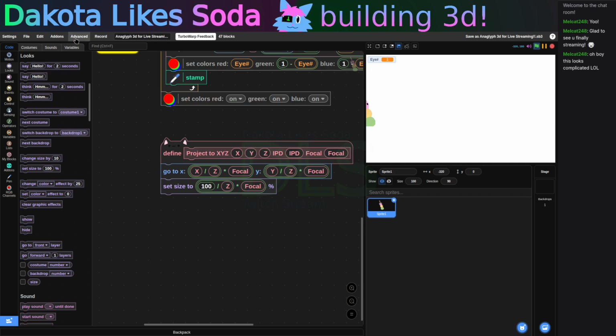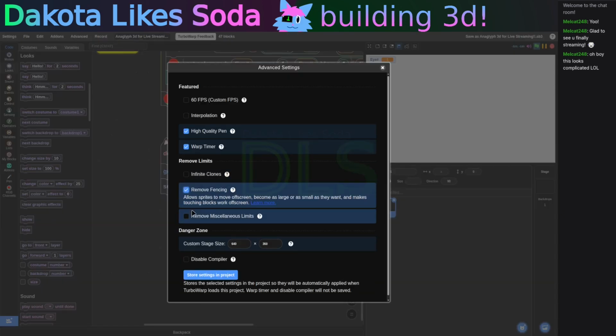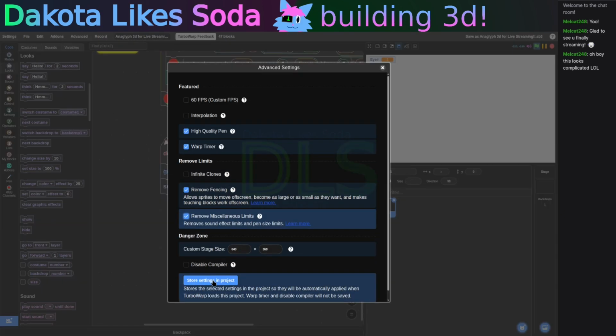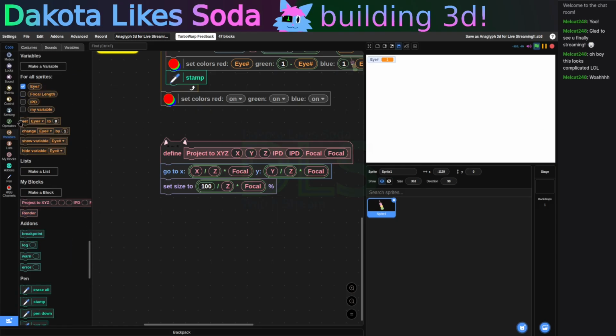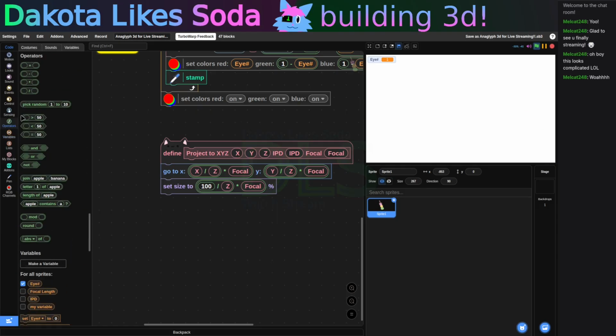It's close. I forgot. I also need to remove fencing and the miscellaneous limits, because I'm too lazy to do any workarounds for that. And now you see it basically looks like it's moving around in 3D space. Now, we're going to start the fun part of adding the